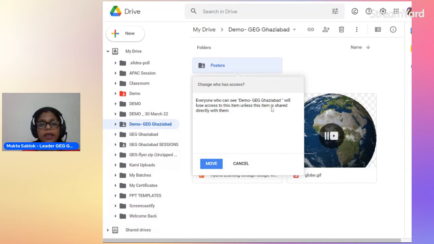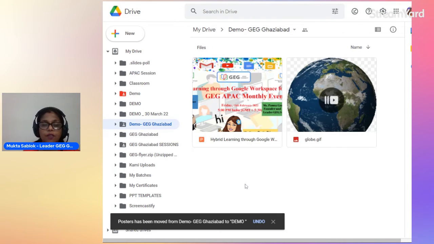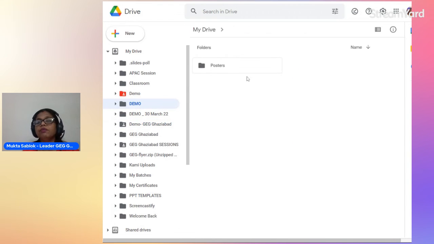It will show you the message that when we move, the persons with whom I have shared the files will lose the access. So yes, I want to move it. So I have moved this folder from here to posters.